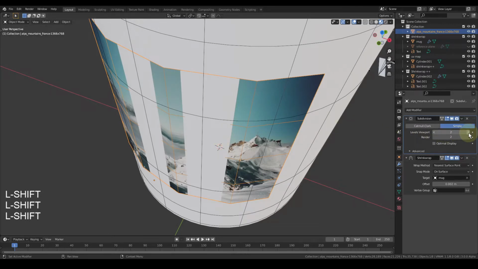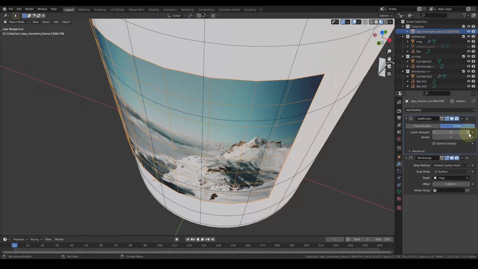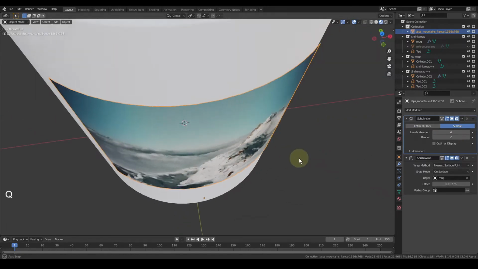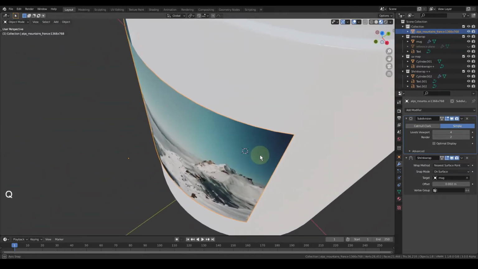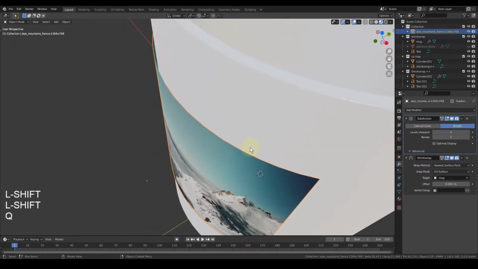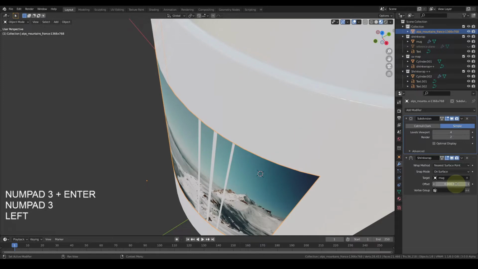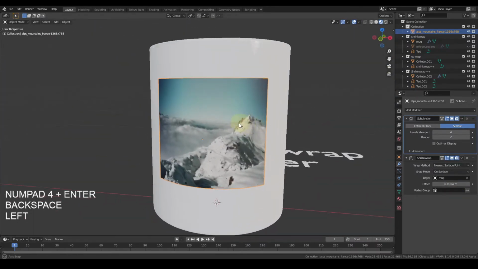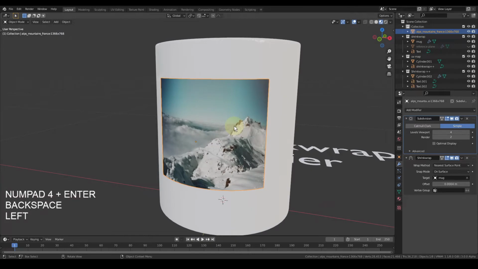When we increase the subdivision levels, we are adding another loop, and hence it is able to curve properly. So when we increase it to 4, the plane is being projected onto the surface, shrink wrapped onto the surface of the mug properly. And then we can reduce the offset and make it look like it is being slapped onto the surface.